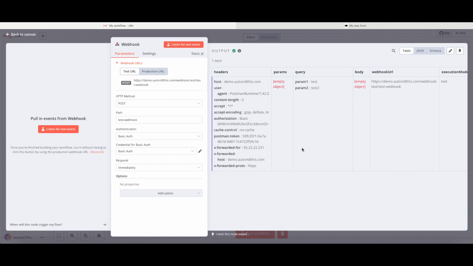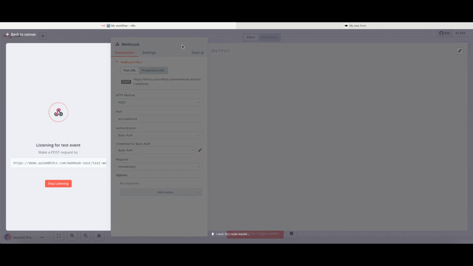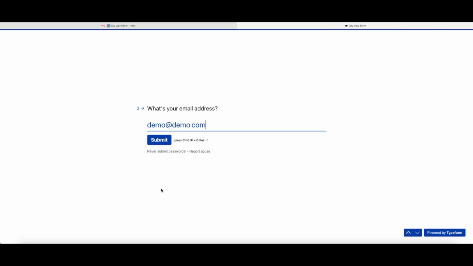The Postman option here gives me the ability to generate the queries. In some cases you won't have this option, and what will happen is the service that you were firing the webhook data from will send you basically everything. So to give you an example of what this looks like, I'm going to listen for another test event, and I have a simple Typeform set up. I've just got to the end of this now with 3 bits of data: first name, last name, and